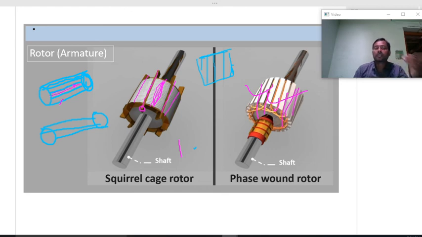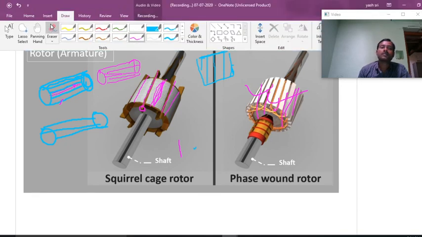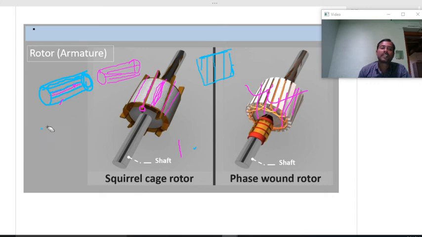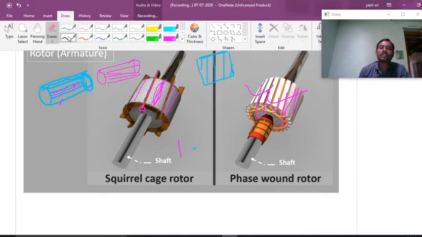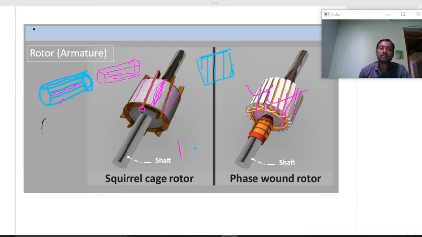So the smooth running of the rotor will not occur if the copper bars are placed parallelly, like this. What will be the problem, and what will be the advantages, if you place the copper bars at a certain angle? So look at this one. These are the end rings. The copper bars are skewed with a certain angle, like this, skewed with a certain angle.